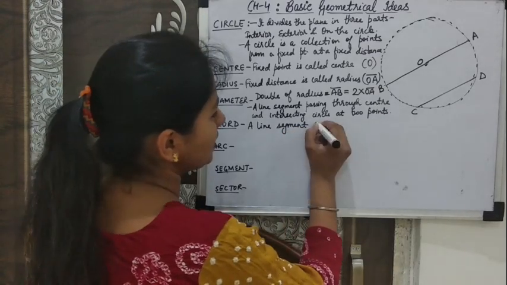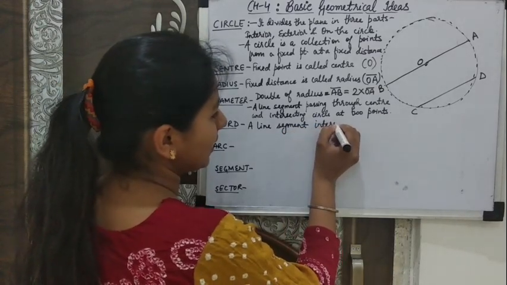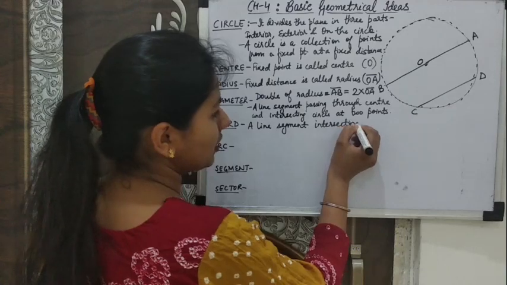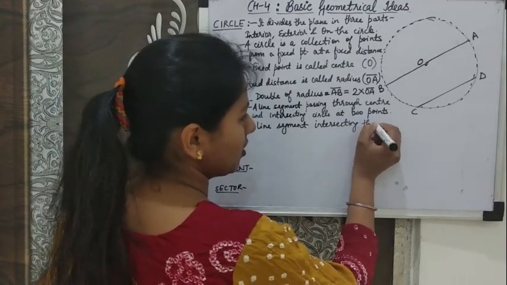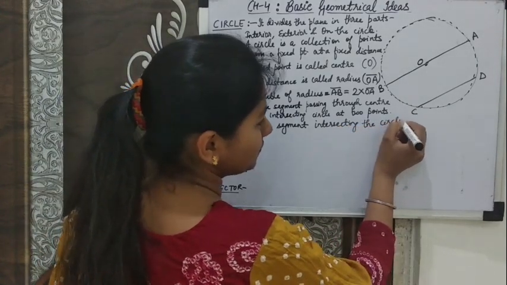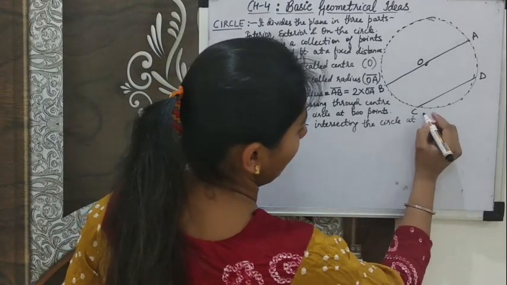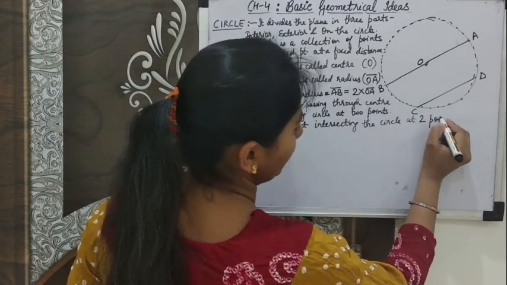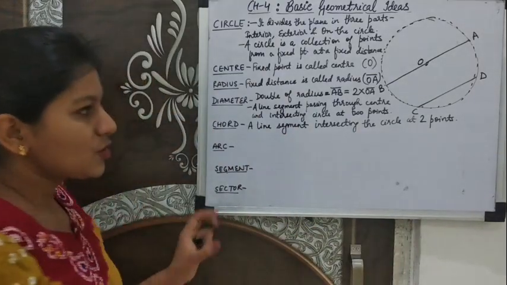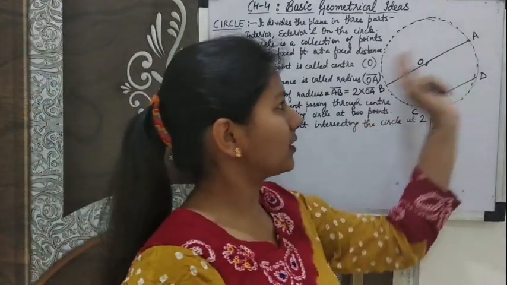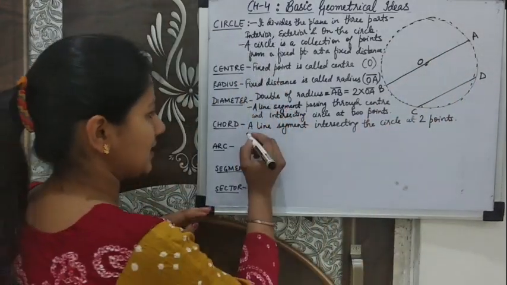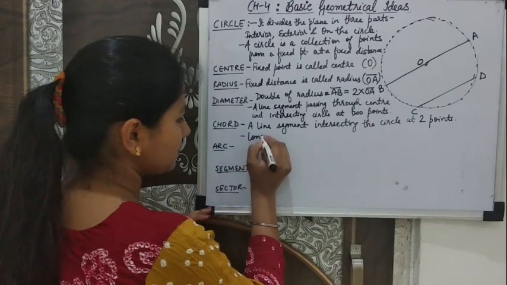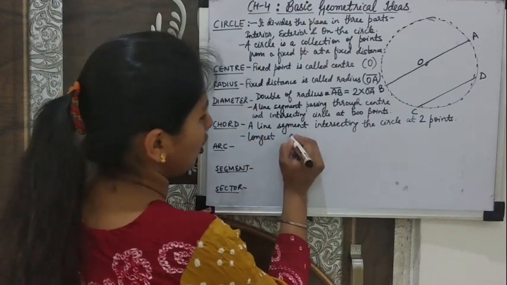Again it's a line segment intersecting, it is also intersecting the circle at 2 points. So any chord will intersect the circle at only 2 points. And the second point is the longest chord